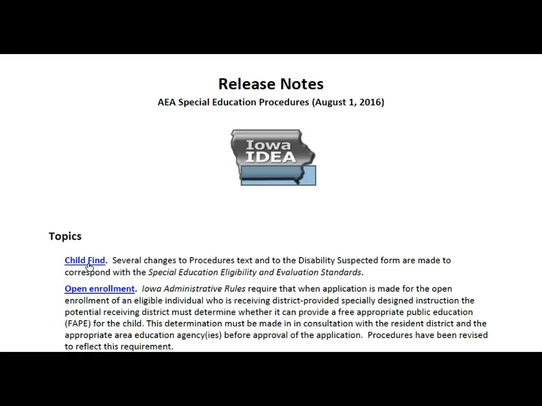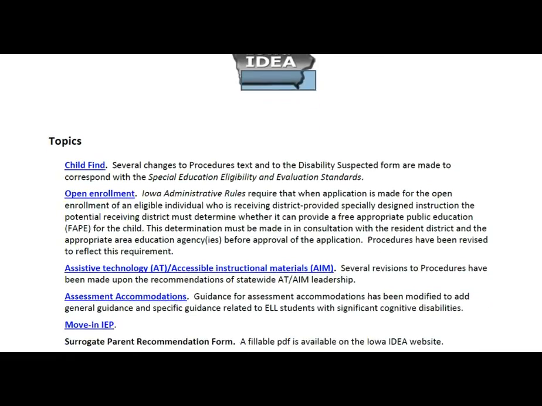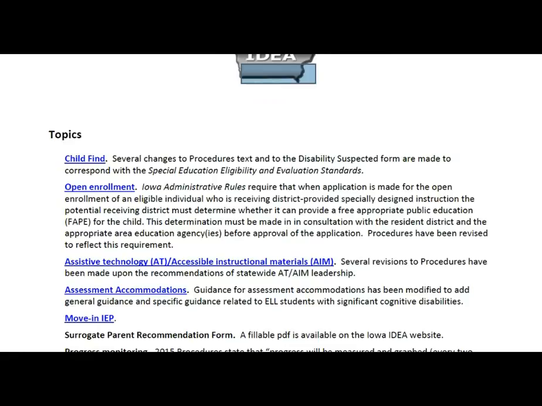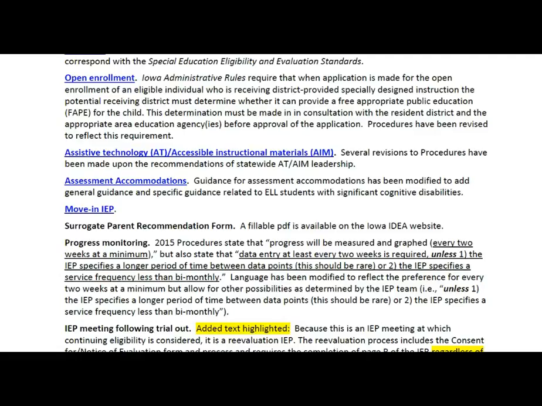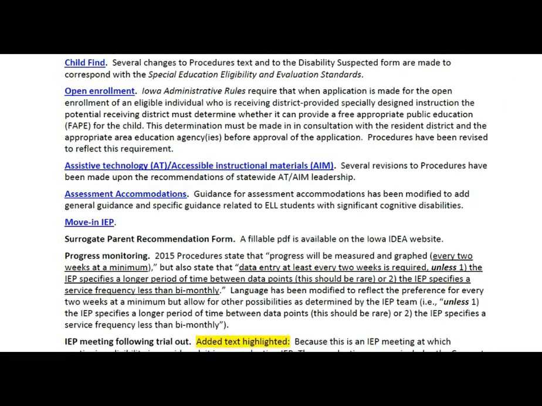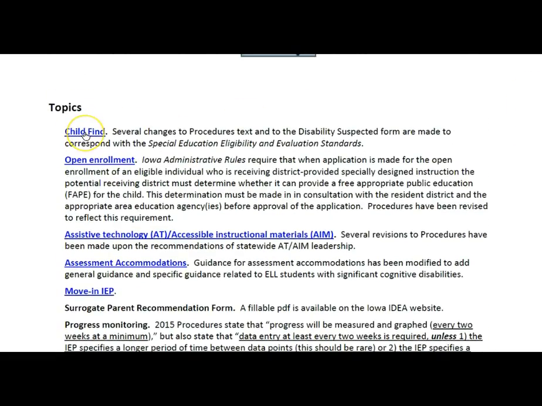Some of those have to do with wording and interpretation when going through the disability suspect process. So we'll do that first, and then in the second video we'll talk about several other miscellaneous items that have changes, and you can see in the release notes they're listed in order here, and we'll get to those in the second video. But let's jump in now and talk more about some of the changes in the manual in regards to Childfind